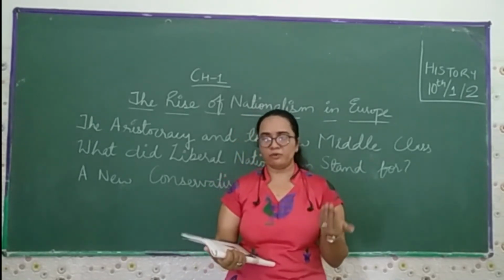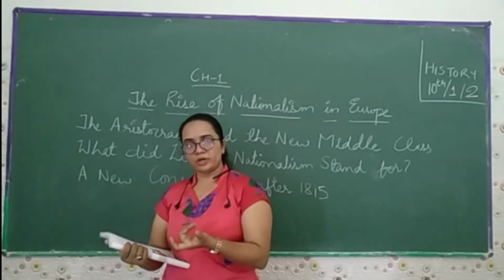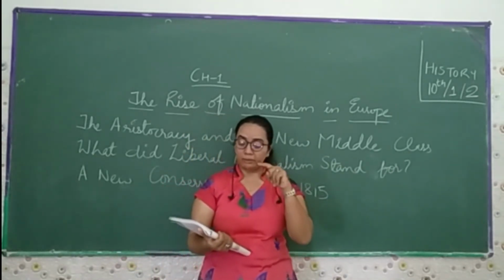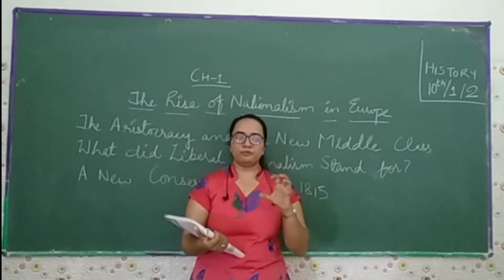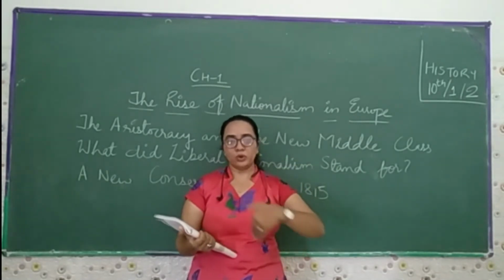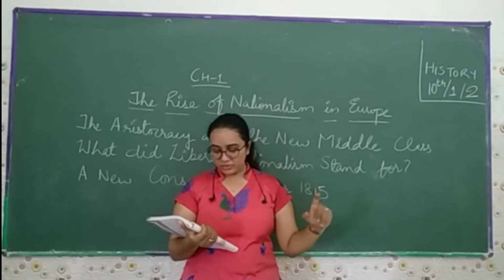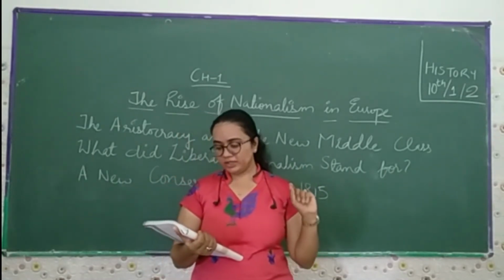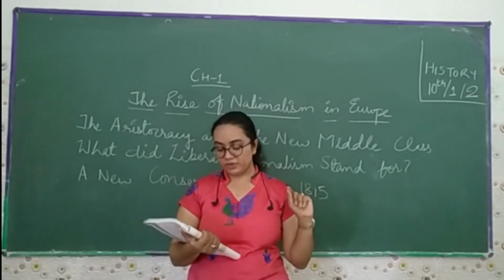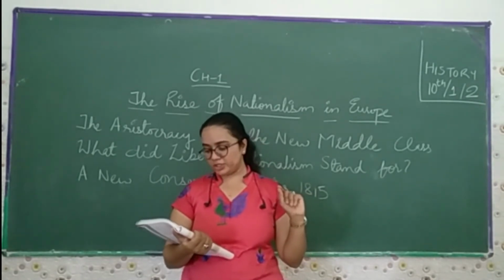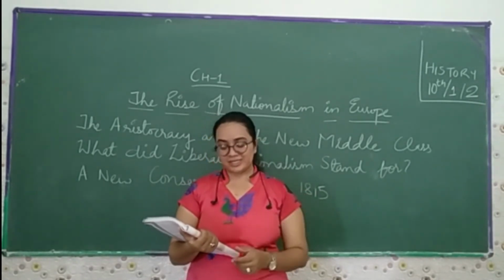Earlier they freely came over to fight the war and capture it. But because of this treaty, now the French remained in their own territory rather than capturing other territories. Thus, the kingdom of the Netherlands, which included Belgium, was set up in the north, and Genoa was added to Piedmont in the south.